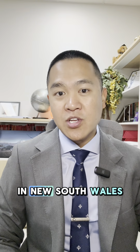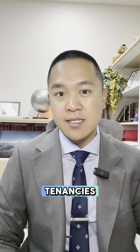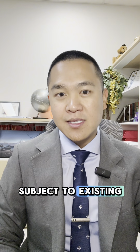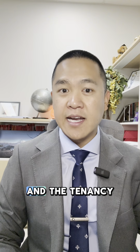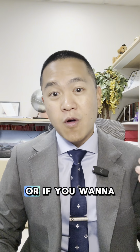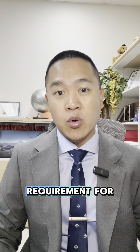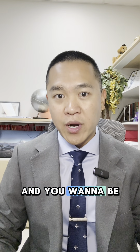When you're buying property in New South Wales, the contract can be subject to existing tenancies or with vacant possession. Subject to existing tenancies means that the property comes with a tenant and a tenancy agreement should be attached to the contract. This is something you really need to consider in the early stages of considering a property if you want to move into it or if you want to claim first home benefit schemes, because often there's a requirement for you to live in the property if you're a first home buyer and you want to be part of